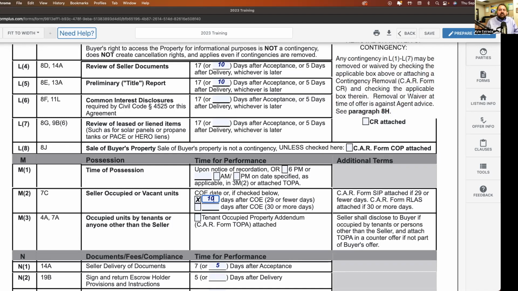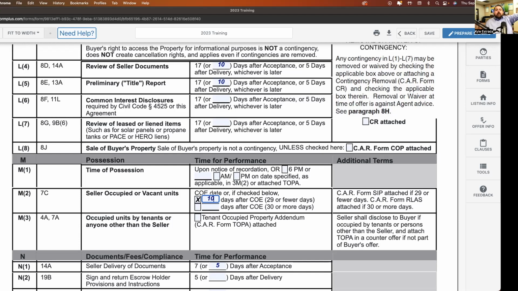It drives me nuts when I talk to agents and they say, well, they want to stay for 2 weeks. Well, my buyer's paying for it. Not really. You're not making a payment for probably another 45 days. So it's not really costing them anything, other than the person not moving into their house. But in this competitive market, do I want to have a strong offer? Do I also want to know that if it's a contingent sale, are they going to be able to move out right away? Absolutely not.